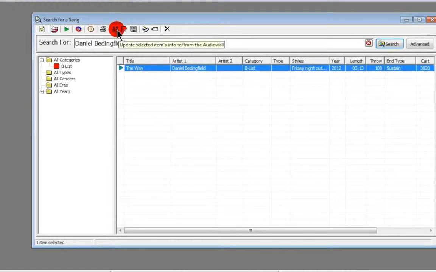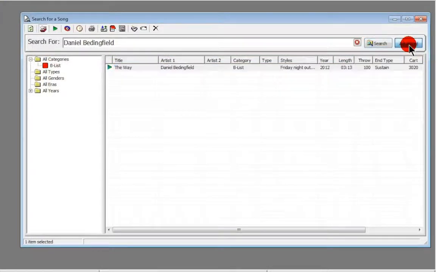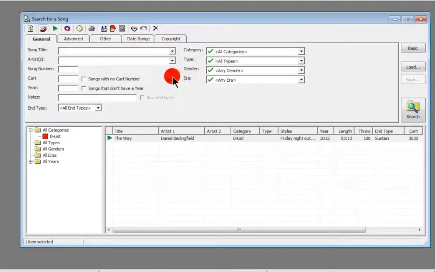We've got the chance to update the info to and from the audio wall, export it into a pad list, CSV file it, do a mass change, copy the selected items to another database, and also the ability to delete the selected item. We do have an advanced tab, so bringing up the advanced allows us to add in multiple